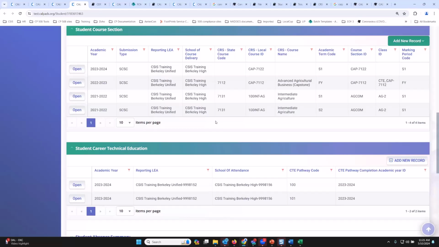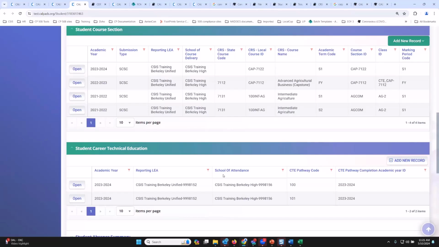Now, if let's say the student switched the order, they finished the capstone course last year, and then finished the concentrator course this year, which I don't know why, then the only way for you to be able to report that SCTE record is to also include that capstone course grade this year, right? That's the only way to do that.